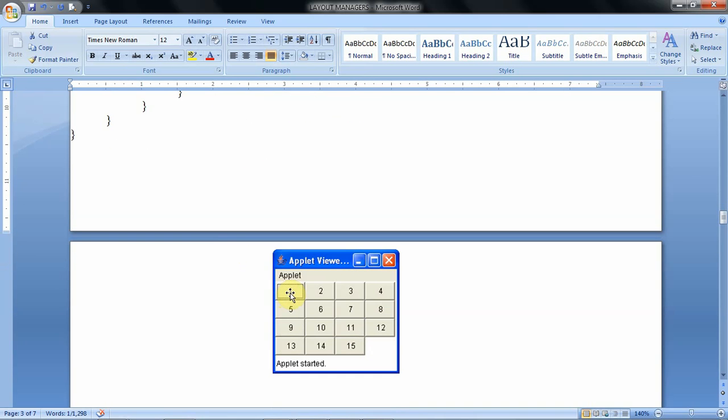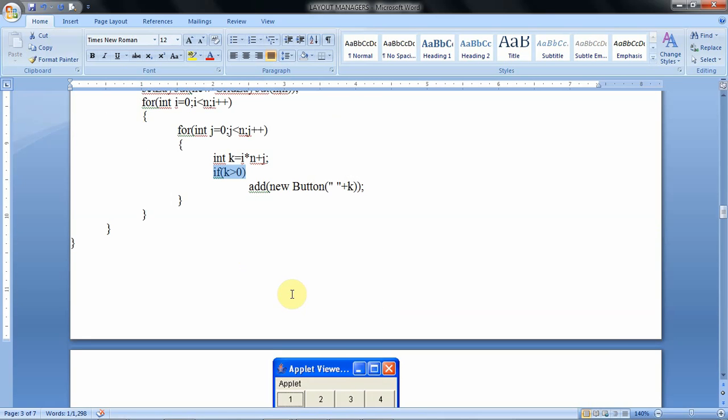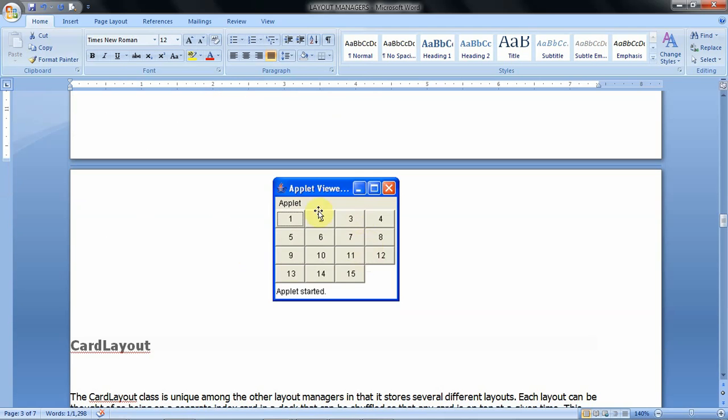That means the buttons are starting with 1. So that's why first button is 1, k value 1, after that 2. So that caption is attached to the button, that button is added to the window like this. So this is the output we get. So that is about grid layout.